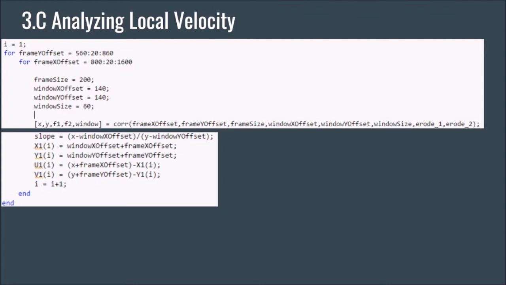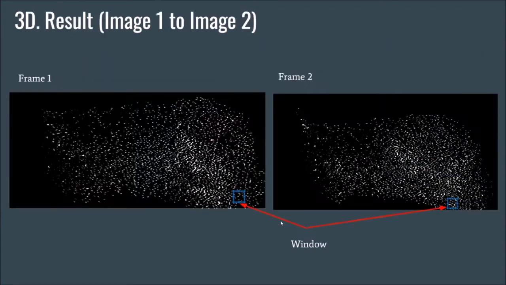Once we determined the functionality of the normxcorr2 function, we created a for loop that traversed through the whole image and found the 2D correlation at different regions of the herd. We applied this step to frame 1 to frame 2, frame 2 to frame 3, and frame 3 to frame 4. So what I mean by this is, let's say we have the entire picture on the left,